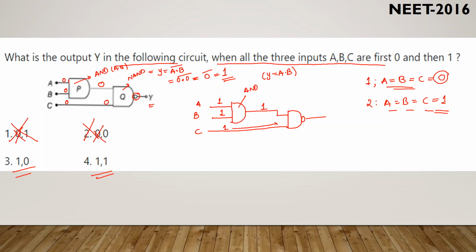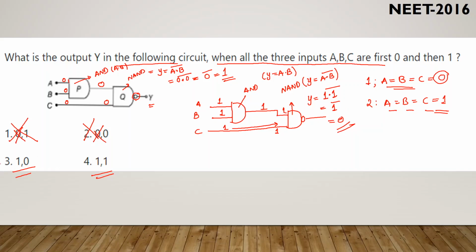Again this one is applied here. This one is which gate? NAND gate. What is the output for NAND gate? Y is equals to A dot B bar. So here input is 1, here input is 1. Let us substitute here. Y is equals to 1 dot 1 bar. 1 into 1 is nothing but 1 bar. What is the 1 bar? It is 0. Complement of 1 is 0.